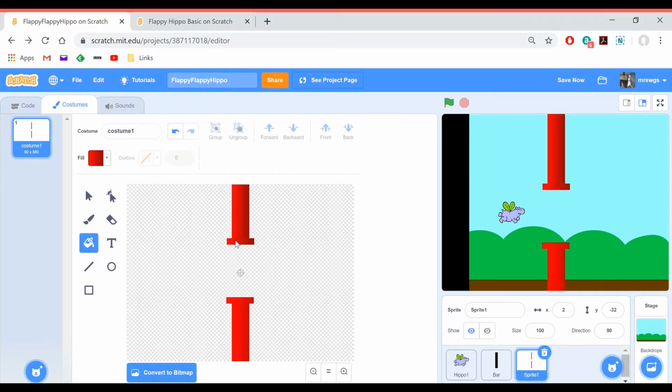So now if I click on the sprites, it will colour them in this gradient. And you'll see it's only a subtle change, but it actually makes them look a lot better on the screen and makes the game look more professional. So having done that, I now have my bar, my Flappy Hippo and my pipes,